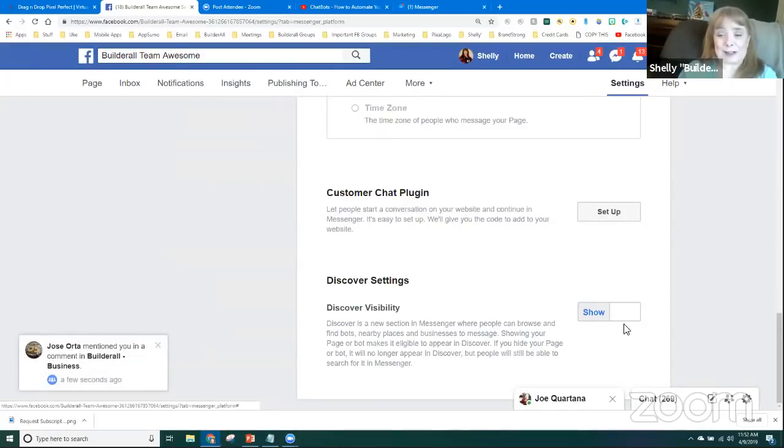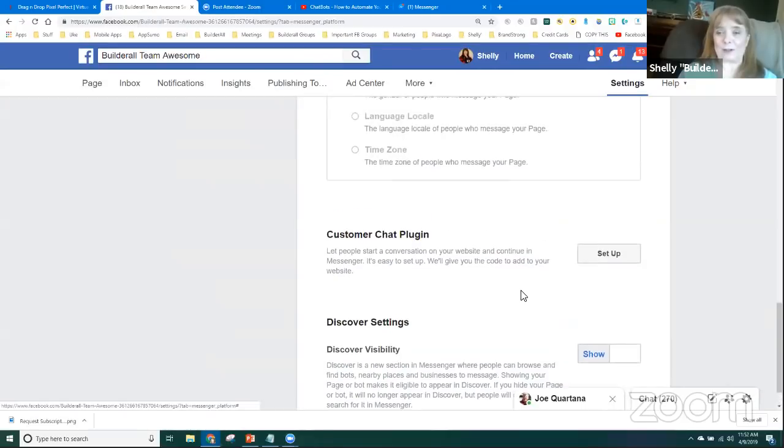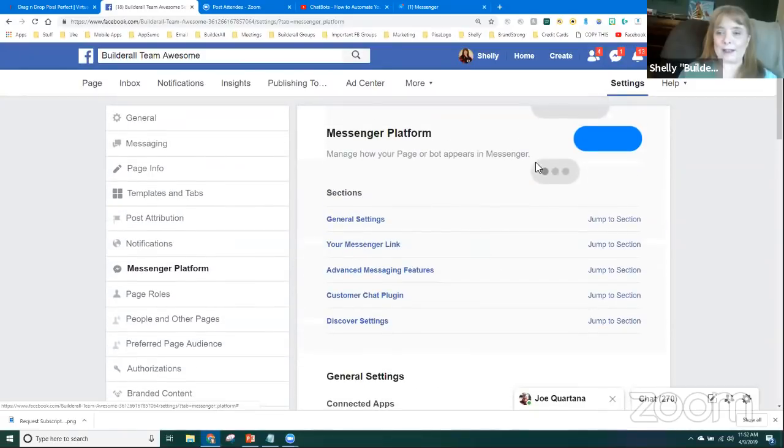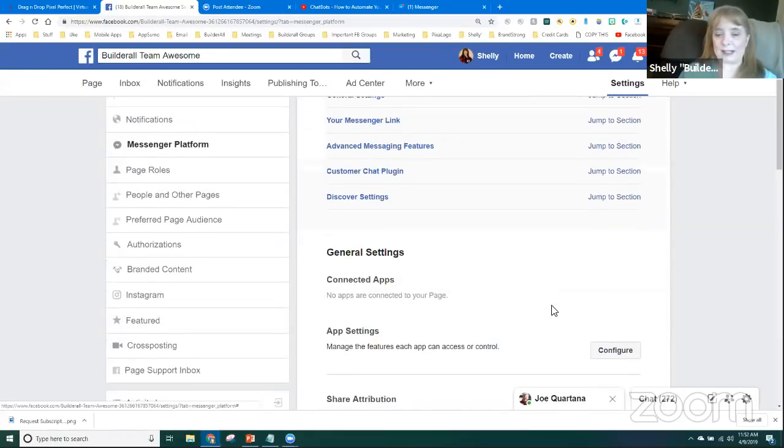This may never result in a lead, but it may result in a lead organically. So leave it to show, unless you just want to hide your chatbot for some reason. But the default is show, so you don't have to change it. All right. So again, we were in the settings area and in the Messenger platform, and that's where we looked at all these settings.